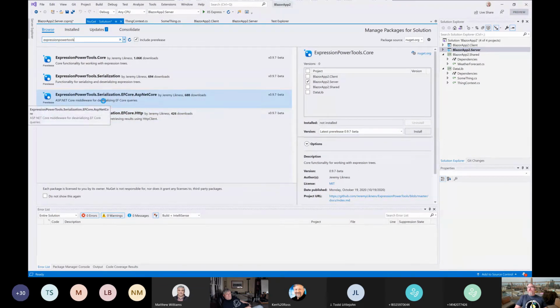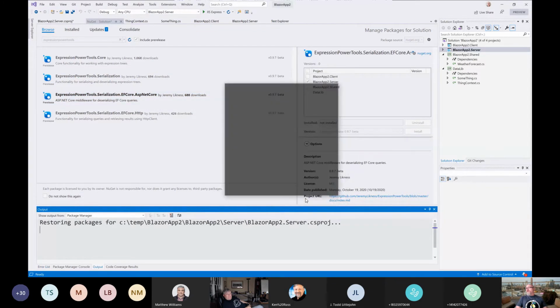One is an ASP.NET Core middleware. So something I love about ASP.NET Core is the ability to extend through middleware and make it pretty easy to add new features and functionality, and I'll show you what I mean by that. So that's going to the server, ASP.NET Core, so we'll install that